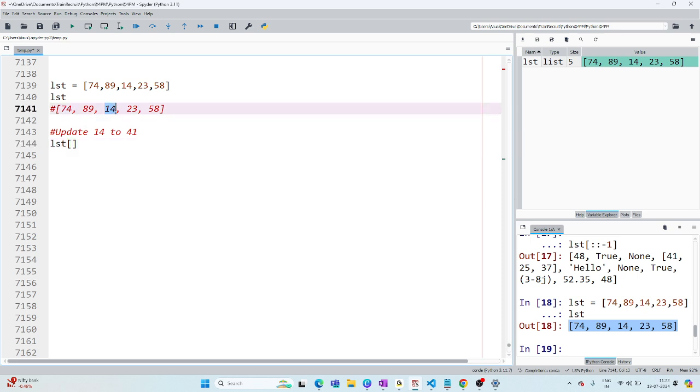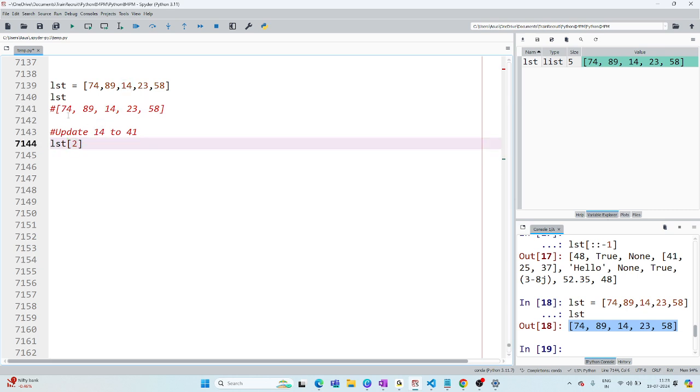My question now is, this is 14, and I want to change it to 41. First of all, we need to access it. So where is 14? 14 is at index 0, 1. Every time I will not write the boxes, otherwise it will be a waste of time. So first we understand that. Okay, I access it.